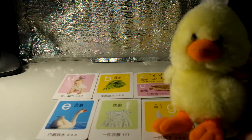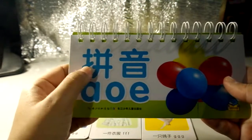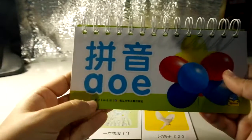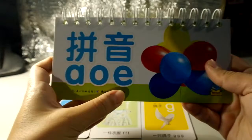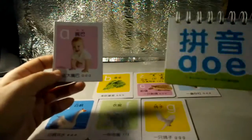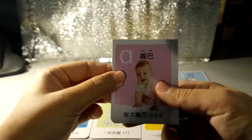Today I will learn Chinese pronunciation by card. Like this one. You know, Chinese pronunciation is called pinyin and it uses English characters but so different from English pronunciation. Is it A-O-E? Oh no, it's A-W-E in Chinese. So today we're going to learn the first 7 characters in Chinese pronunciation in Chinese way. Yeah? The first character is